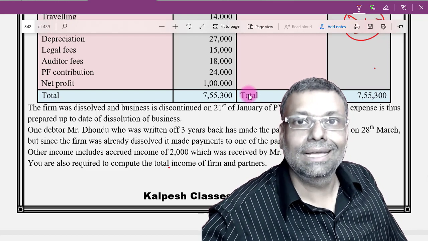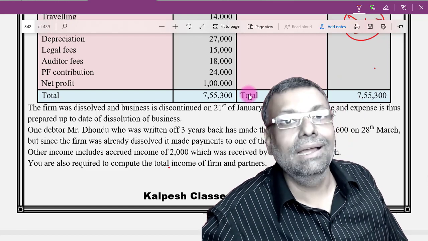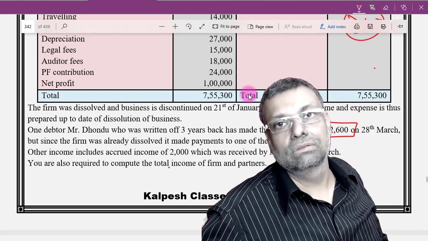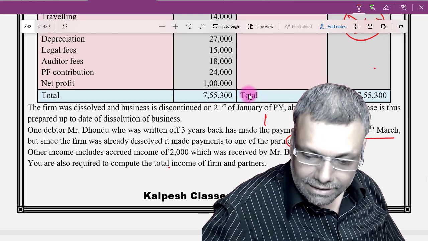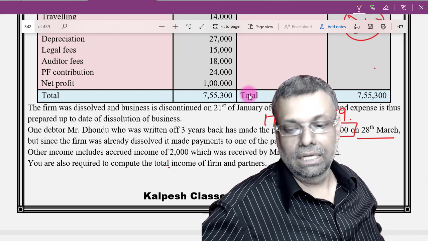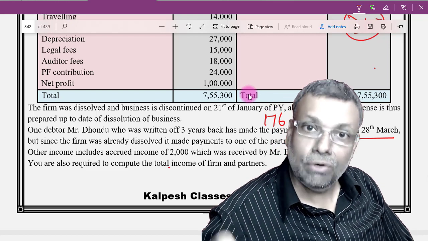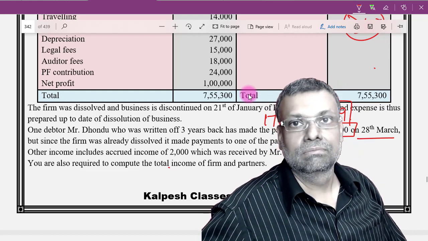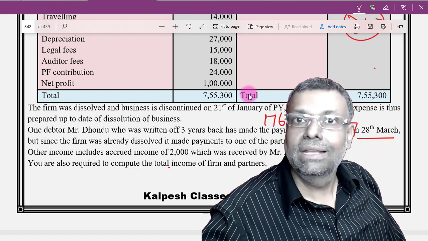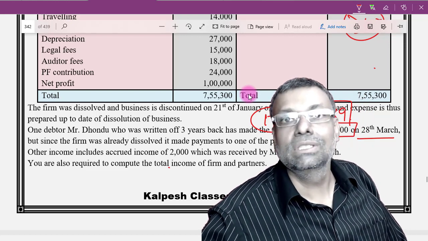Okay, so this money does not accrue to the firm. It is not taxable in the hands of the firm, but as per section 176, it will be taxable in the hands of the receiver, and the receiver is Mr. A, and Mr. A will be taxable for 12,600 rupees. And that is the interpretation of section 176, read with section 189. Okay, so 189 is the focus section for partnership firms. The monies which are taxable in the hands of the firm for the period are taxable in the hands of the firm. But for the period, if it is not taxable in the hands of the firm, then it is not taxable. Alternatively, the law has the 176 mechanism that after discontinuation, whoever received it,